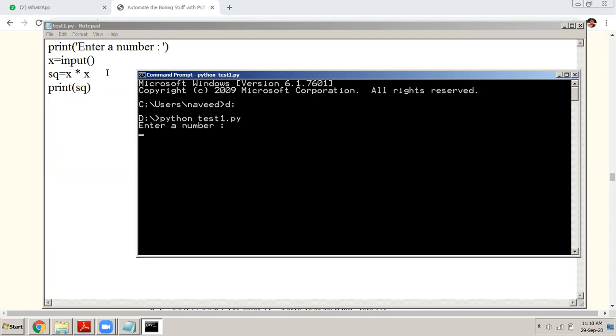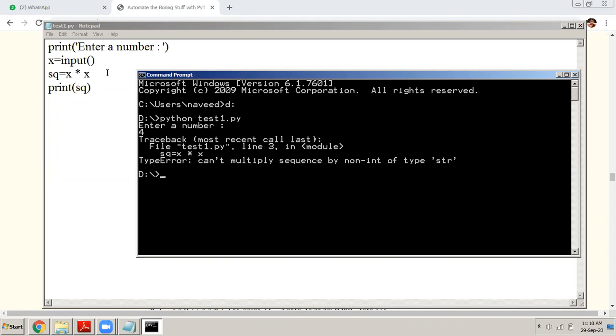So I enter 4, and I have to press on the enter button. So when I press on the enter button, yeah, it gave me an error. It gave me the same error which it gave me yesterday. Yesterday, you remember, it had given me the same error. What is it trying to say is that,